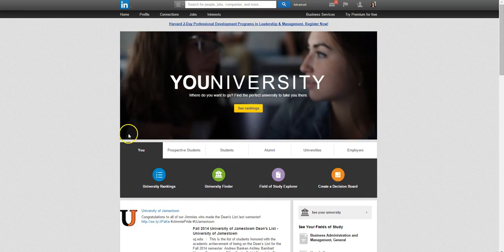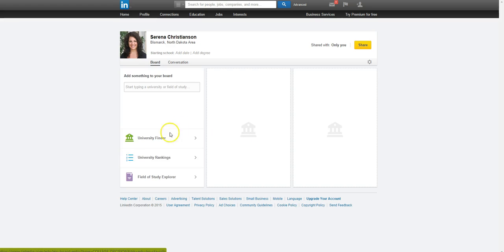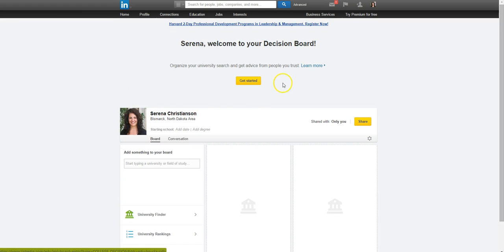And then you can look at education. This is where you can find universities, a field of study explorer, even a decision board for how I'm going to choose what school I want to attend. When it comes to LinkedIn, everything I've shown you is under the free version. I've always used the free version, but you can bump up to premium,